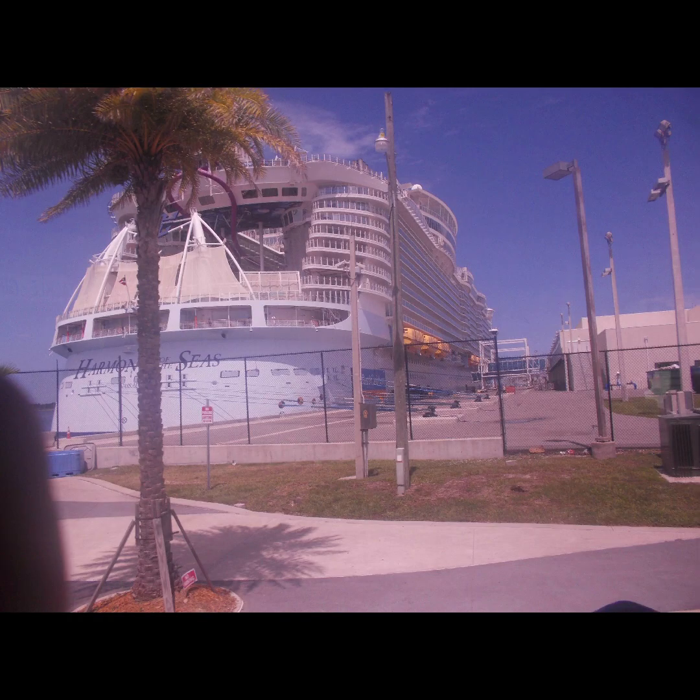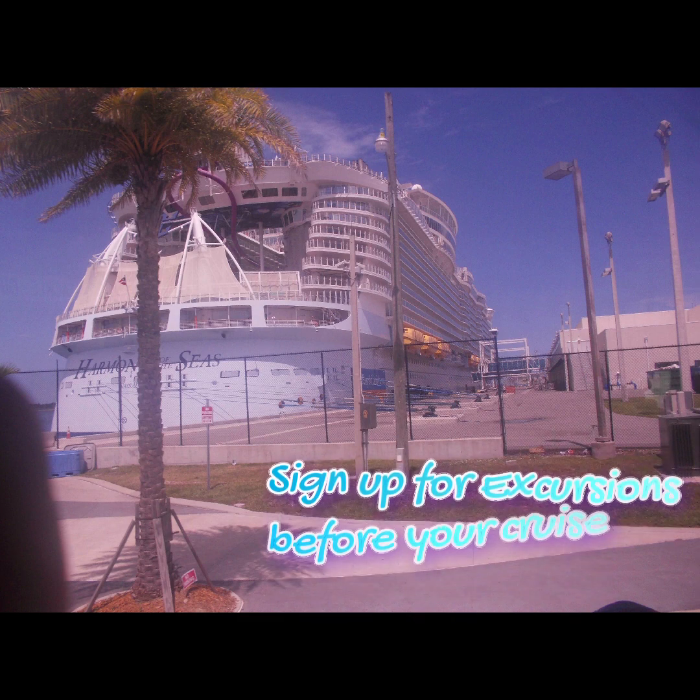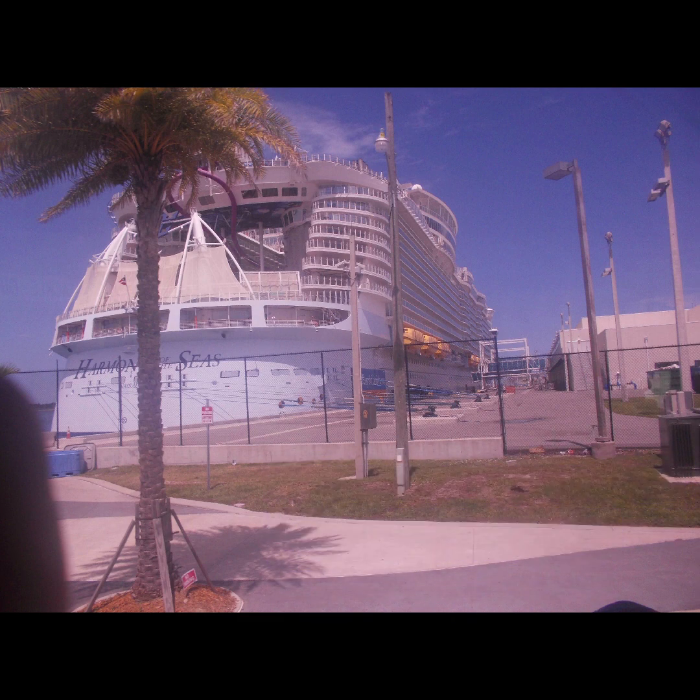Next, you want to sign up for your excursions before you embark on the ship. Now, they will be available to sign up for when you get on the ship. However, lines can be long and you run the risk of the excursions that you really want to be doing being sold out. For example, when I was cruising before the pandemic, I don't remember exactly which line, but we